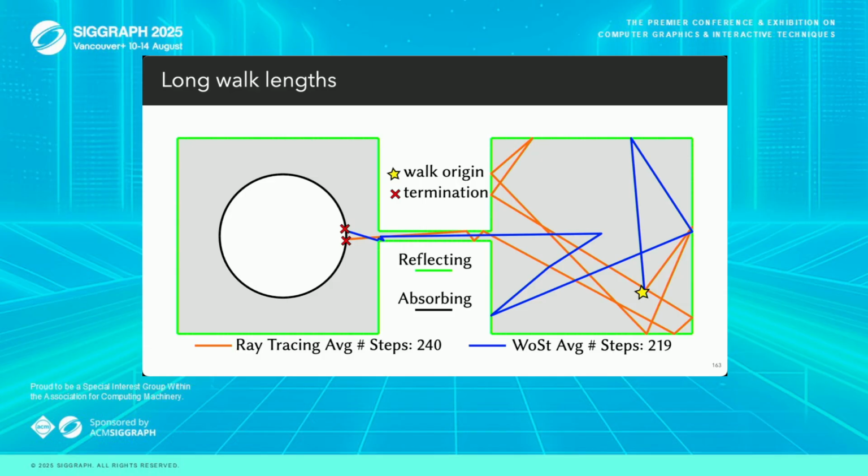Now, of course, walk on stars has limitations similar to a ray tracer. One of those being that it can require some really long walks to find its way through narrow features in the geometry. So we only terminate when we reach the Dirichlet boundary, which is on the other side of this bottleneck. So we kind of have to hope that eventually our random walk will happen to go through this tiny